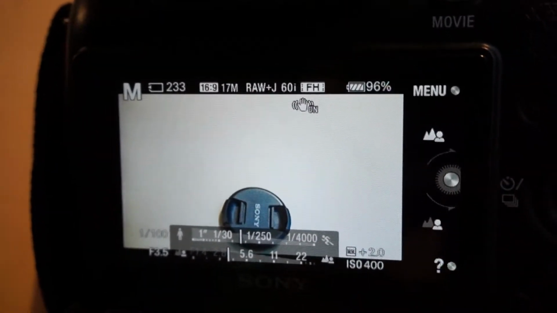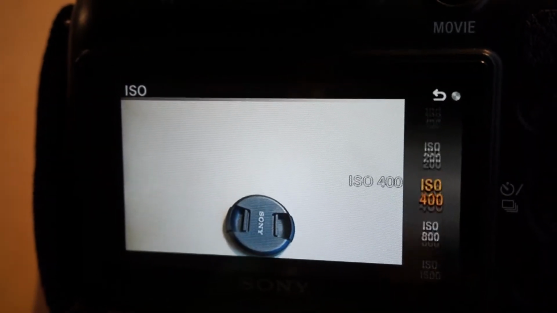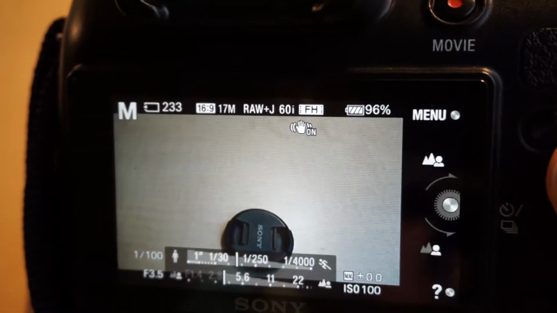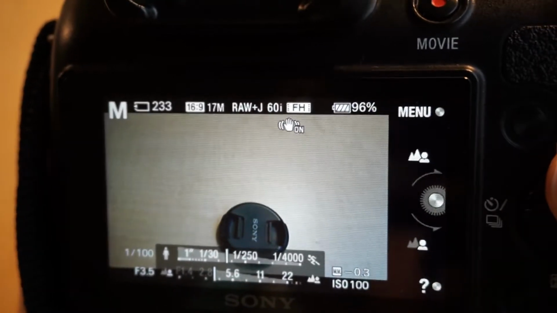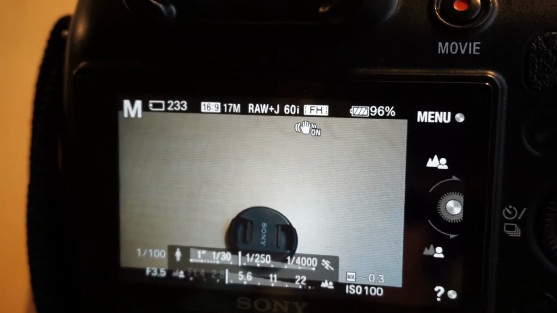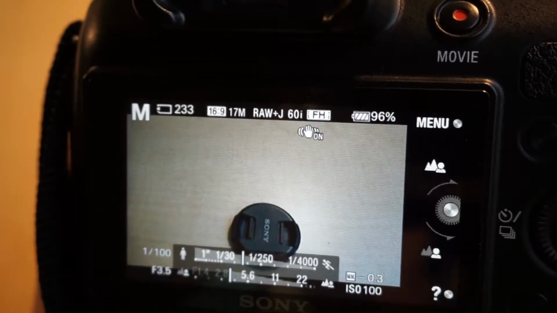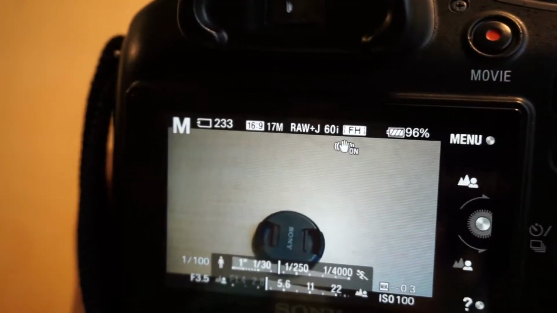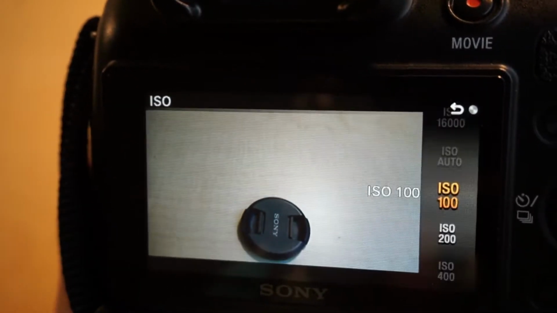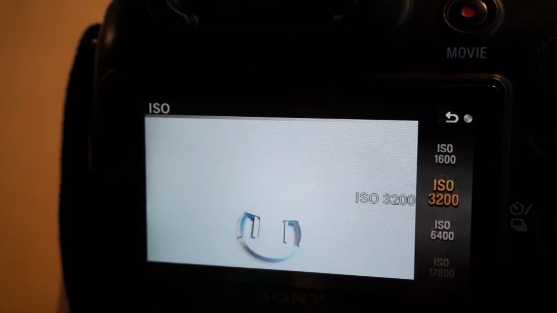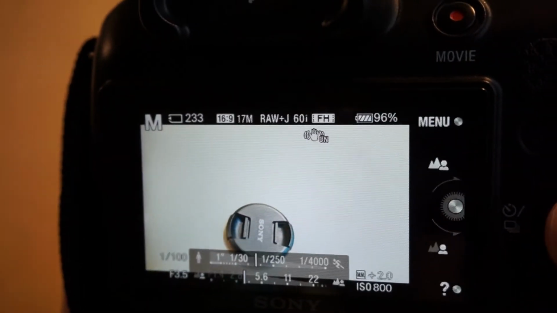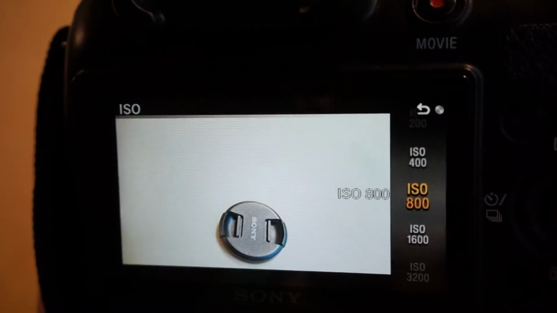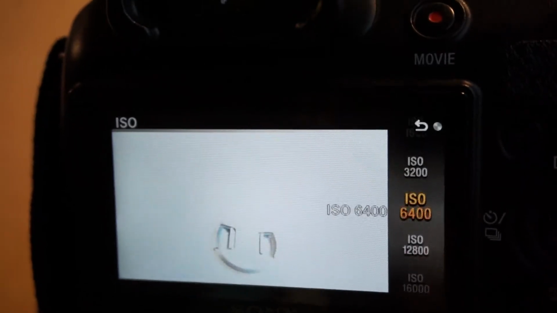to light. So if you're shooting outside on a bright sunny day, you would want to shoot at an ISO 100 or 200 because that is going to be best for the light because it is going to be less sensitive. If you want it to be more sensitive to light, you're going to want to go up to about an 800. Now you can see on my camera there are settings higher than that, but you don't want to